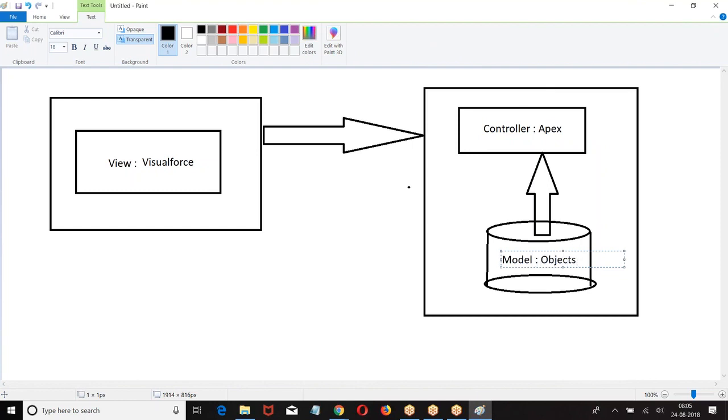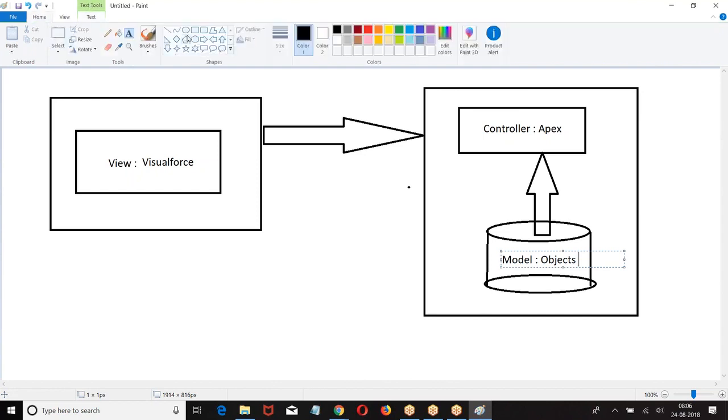So this is the MVC model of the programmatical development. So what we have, view which is built with the Visualforce pages, controllers which is built with the Apex programming, model which is built with the objects. So MVC: model, view, controller. Model is created with the objects data. View is created with the Visualforce. Controller logics or DMLs are performed with your Apex programming. MVC of this. Right.